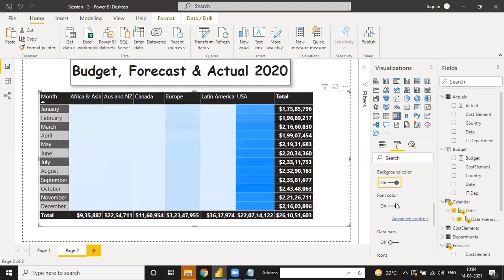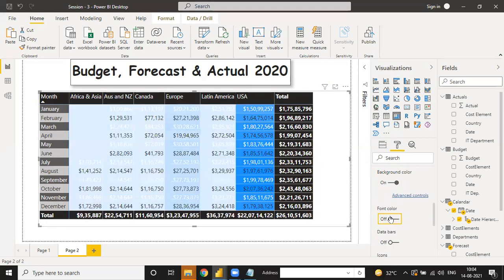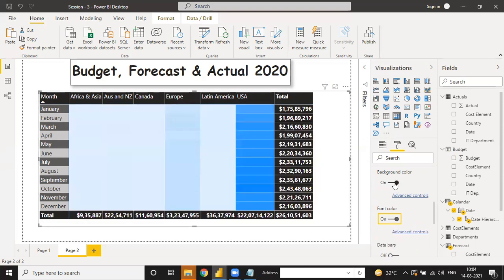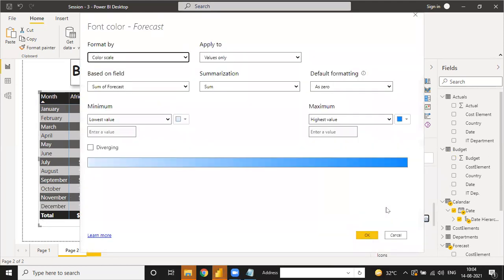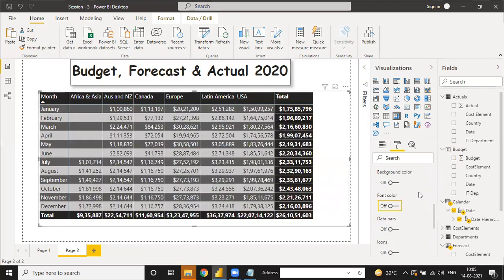Okay, background color. If you want the background color on the forecast, it means according to your data, lower sales, lower forecast is a lower value, and higher forecast is a higher value. So that is another way to show the forecast. Second is background color, so this one is okay. Now two things more. Okay, yeah, this one, we have to use this one.